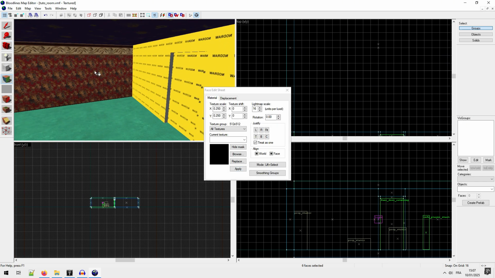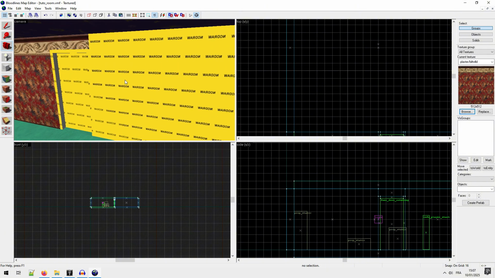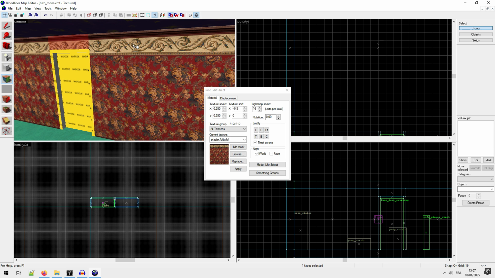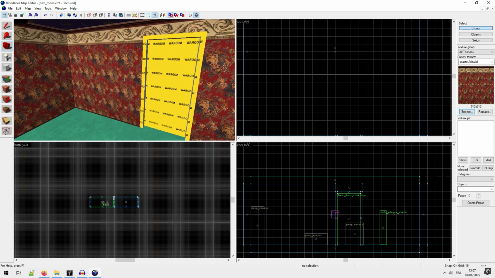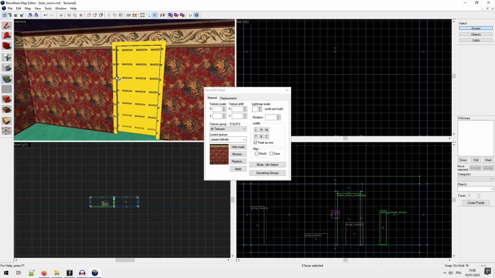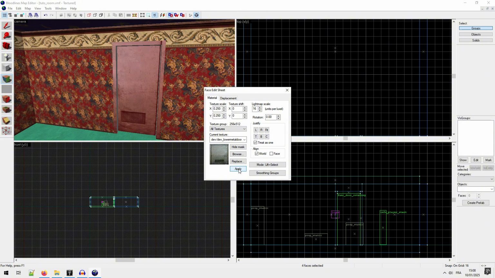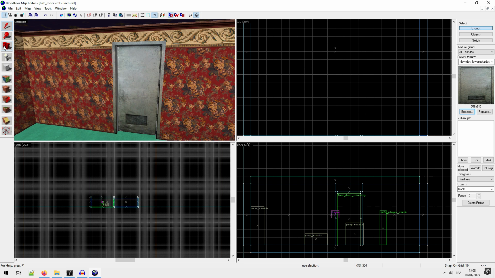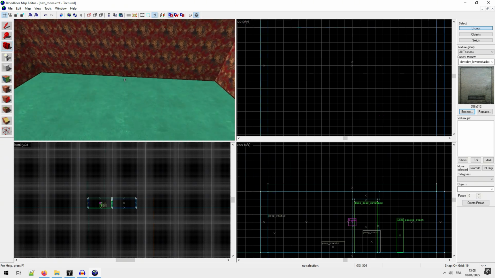So let's texture it. Okay, and the door. We will create another light.